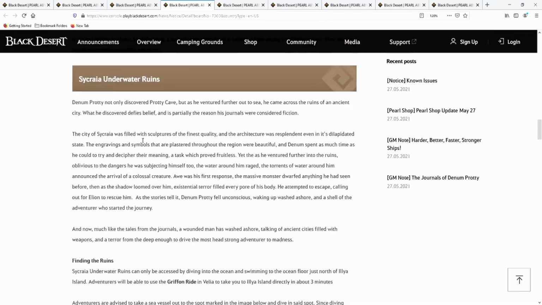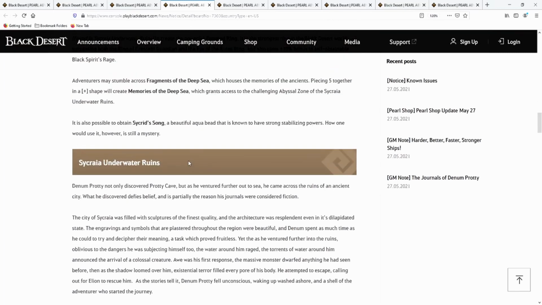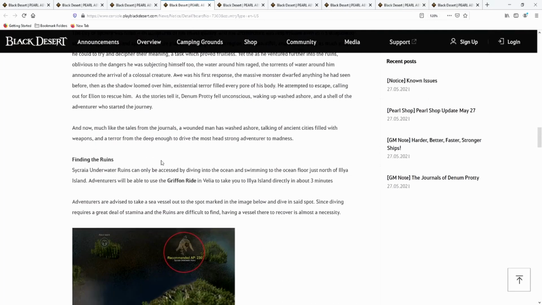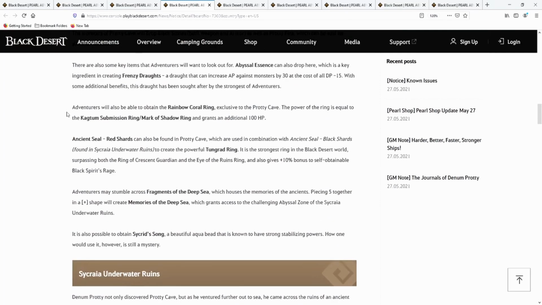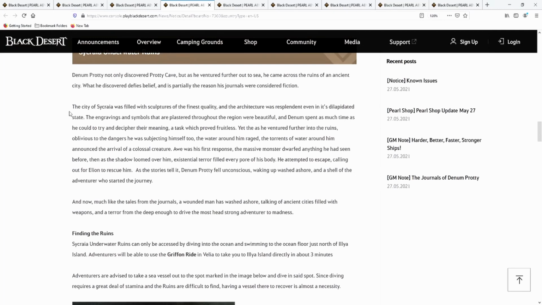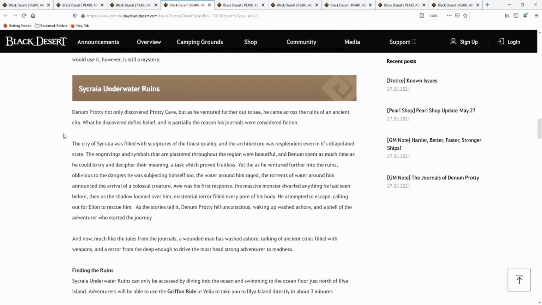Okay, guys, so that's a little bit about Protty Cave. Now we're going to get into the Sycraia Underwater Ruins, guys. So this is the new area that has been dropped into Black Desert, one of the most anticipated grinding spots in the game, which also brings with it the Tungrad rings, which are, like we just read, the strongest rings in the game. Okay, so we've got here, Denum Protty not only discovered Protty Cave, but as he adventured further